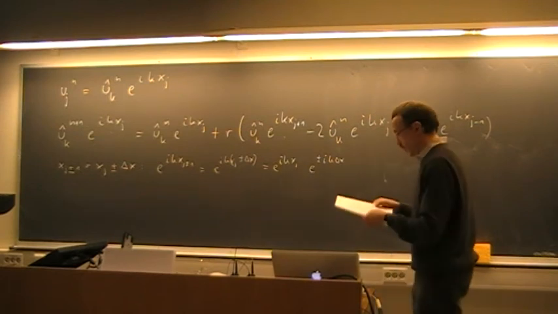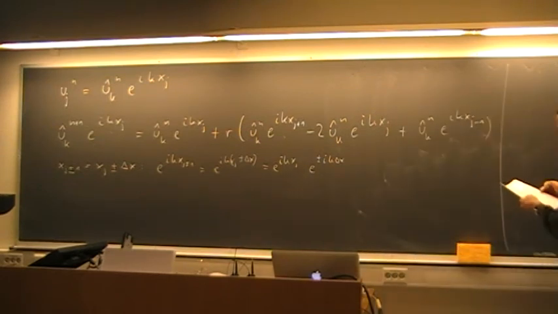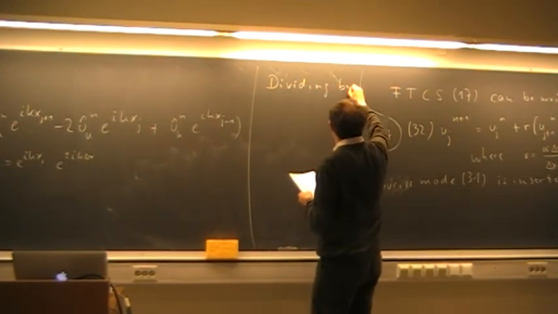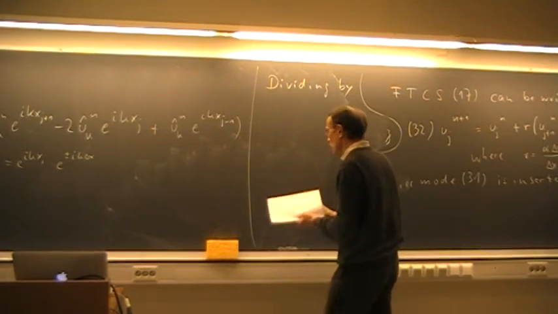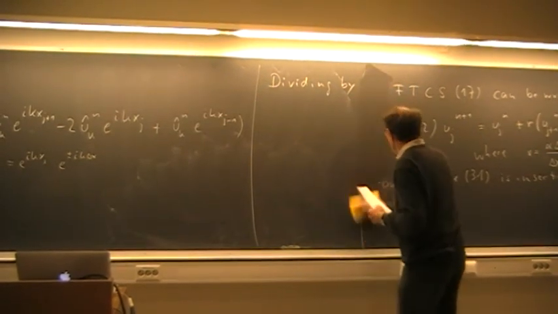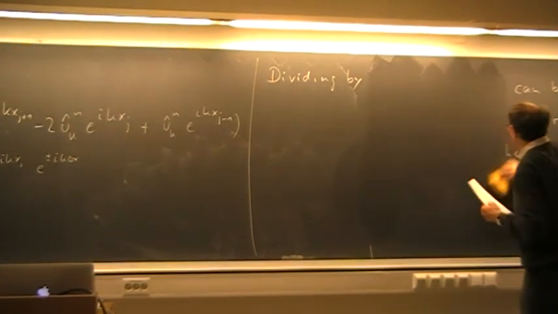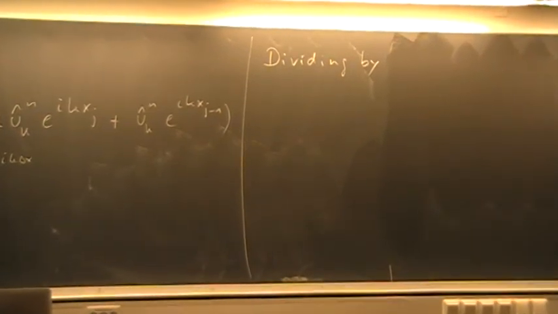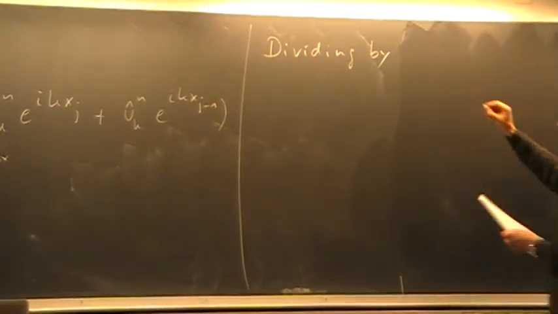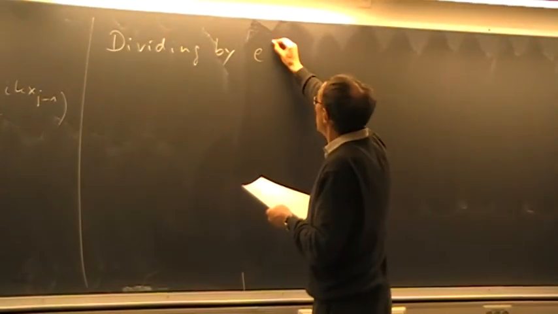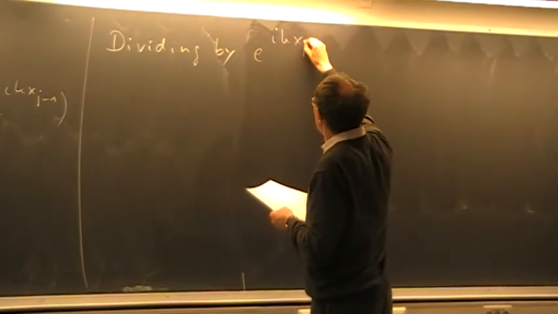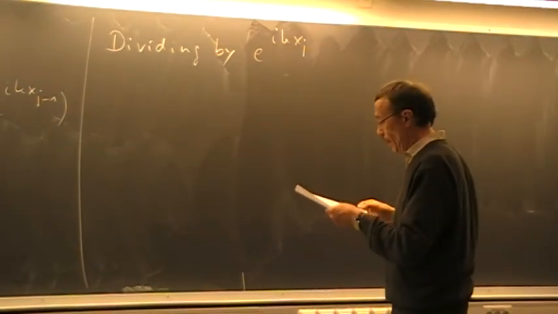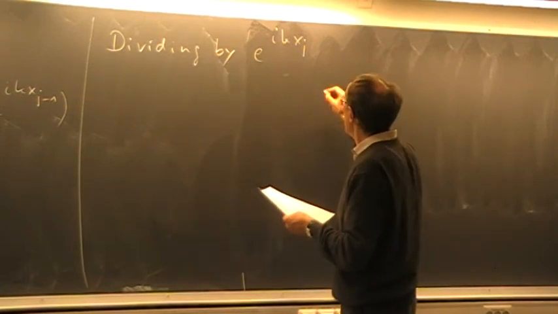So we can factorize that, or you can also put it as dividing by this exponential e to the i k x j, and using what we have over there, we get